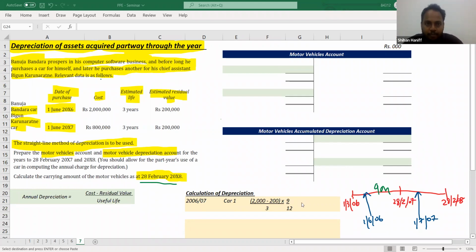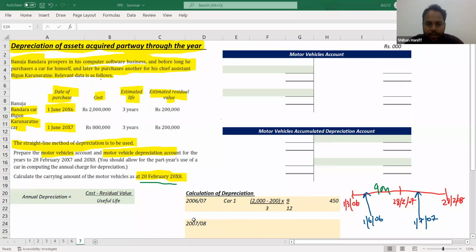Then 9 months depreciation. Answer is 450. Then for year 2007-8,